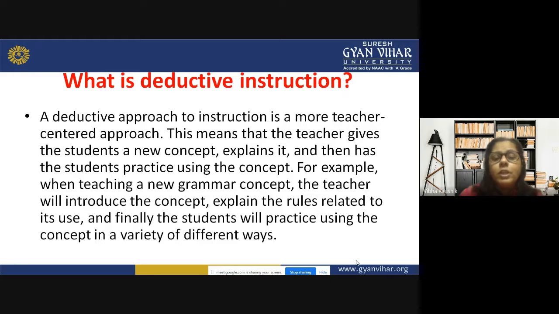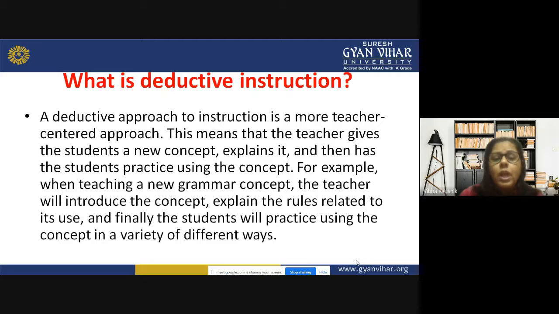The teacher will introduce the concept. For example, the teacher has decided that he will teach the noun to the students. Then, first of all, he will introduce the concept of noun to the student, explain the rules related to its use. Then, the teacher will explain the rules related to noun